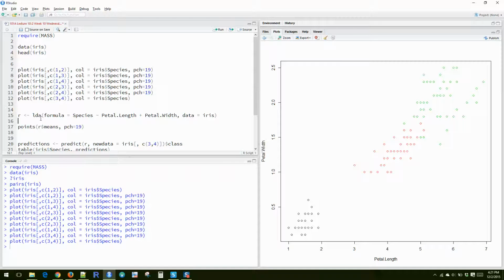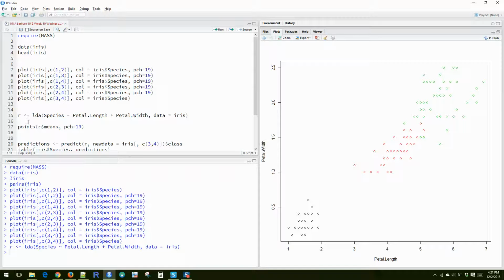So you call it in R, very similar to linear model. You don't even have to write a formula. You can just say perform LDA, where we are trying to explain species based on petal length and petal width, where our data is iris. Okay, so I hit enter,